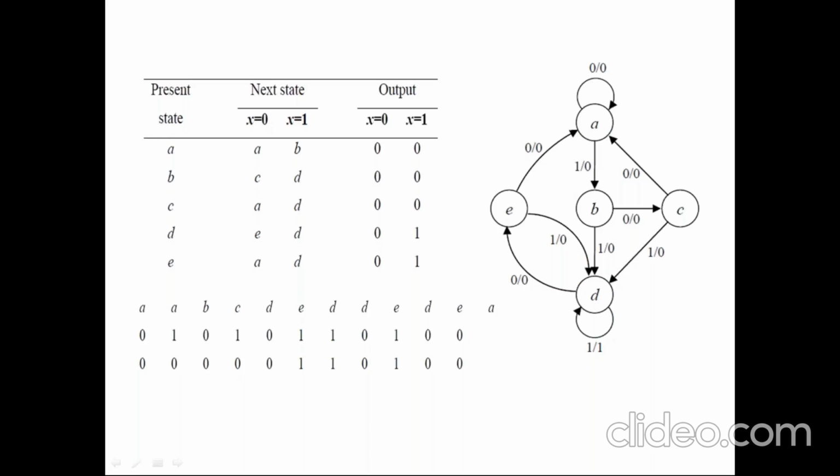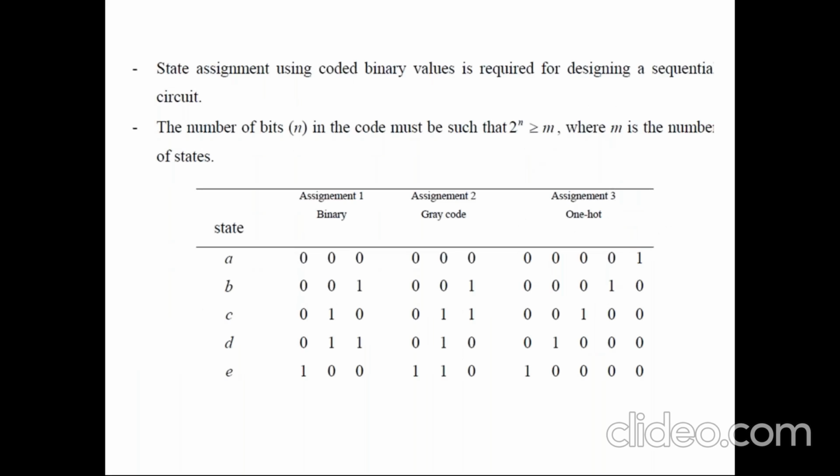So now the A, B, C, D and E should be converted to binary values. Then only we can design the circuit. Therefore, I'm going for the state assignment. Till now we saw state reduction. This particular title is talking about state assignment and state reduction. Now we are going for the state assignment. For A, B, C, D and E, what are all the values we can assign? That we are going to see.